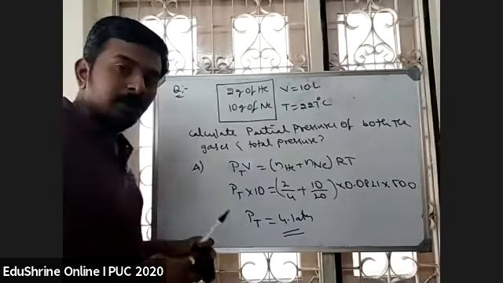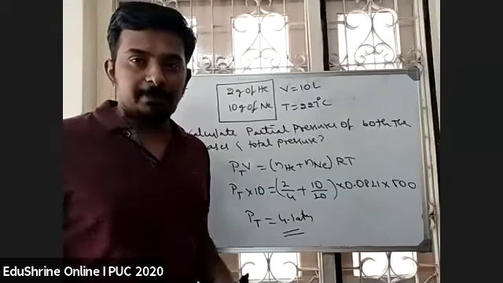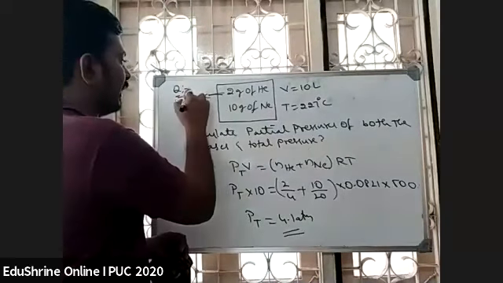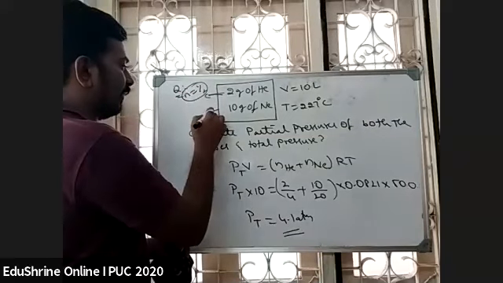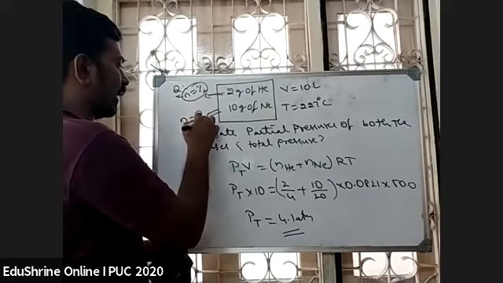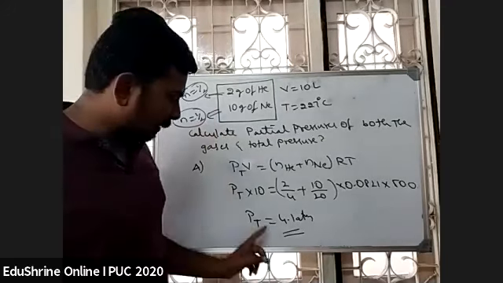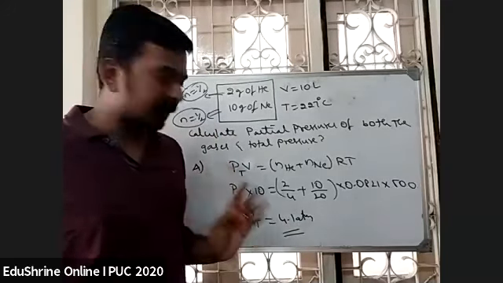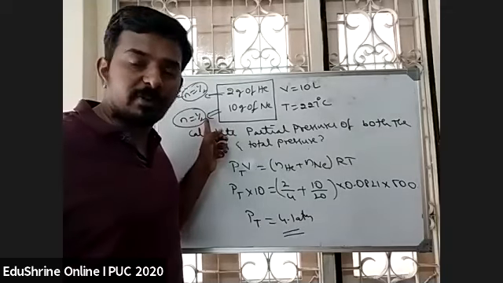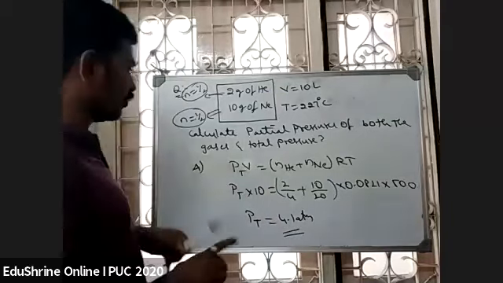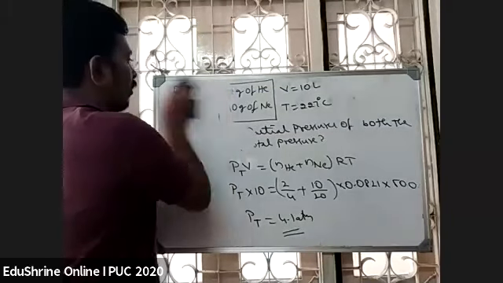Okay. Now, I want to calculate partial pressures. Logically, if you think, the number of moles of helium is half, as well as the number of moles of neon is also half. As the number of moles of these two are equal, then the pressures also must be equal. So this must be 2.05, this also must be 2.05, if you think logically. Otherwise, if you want to solve this,